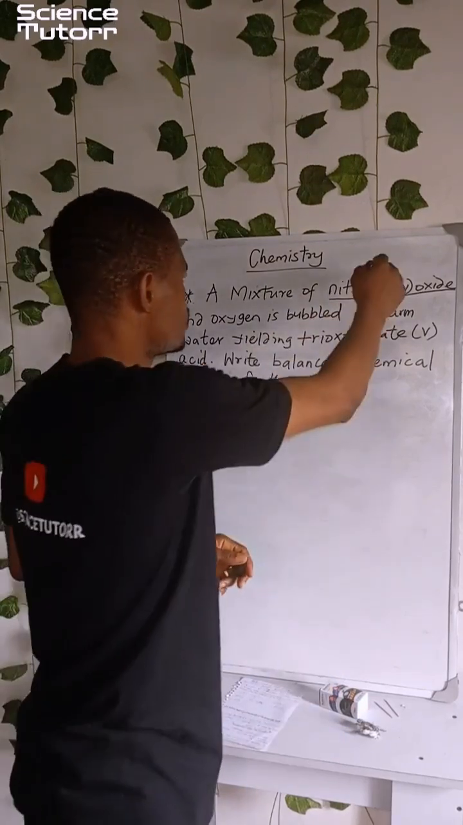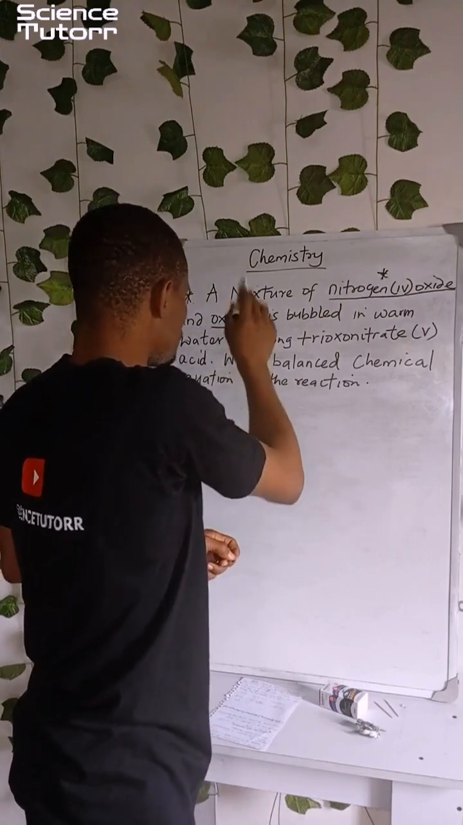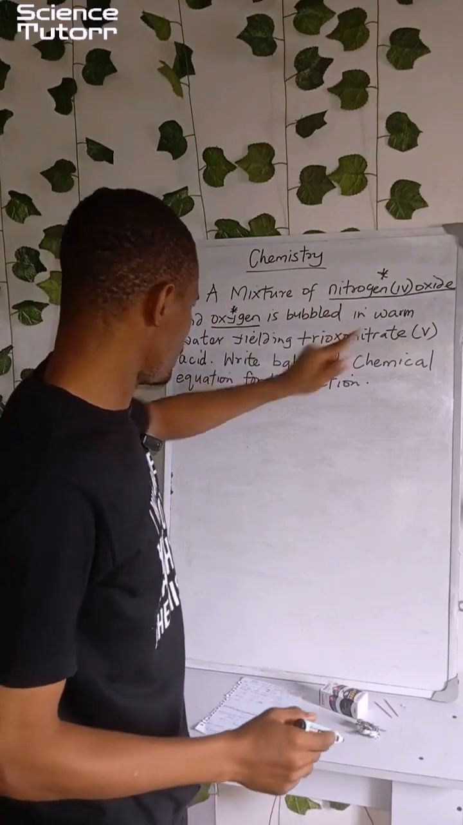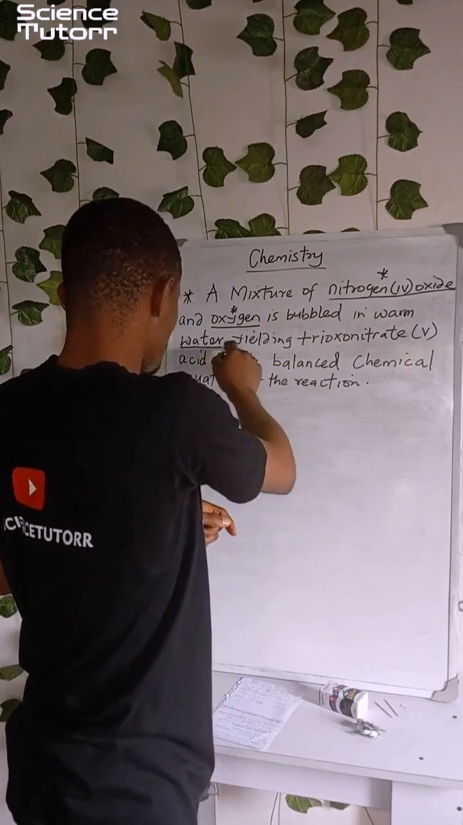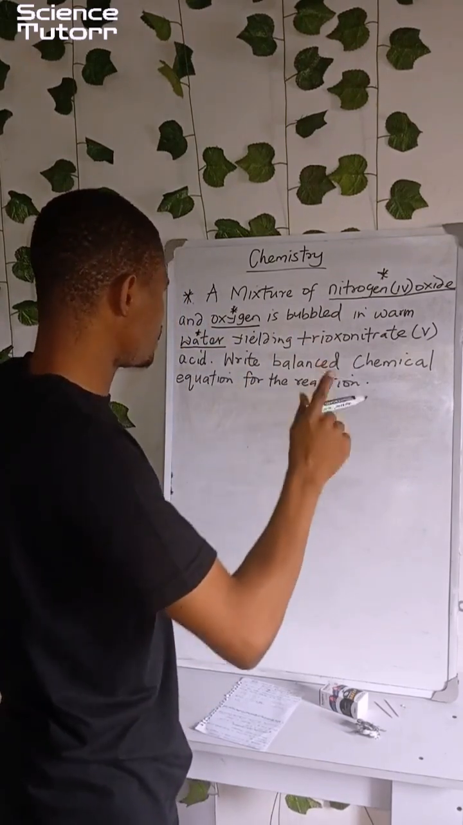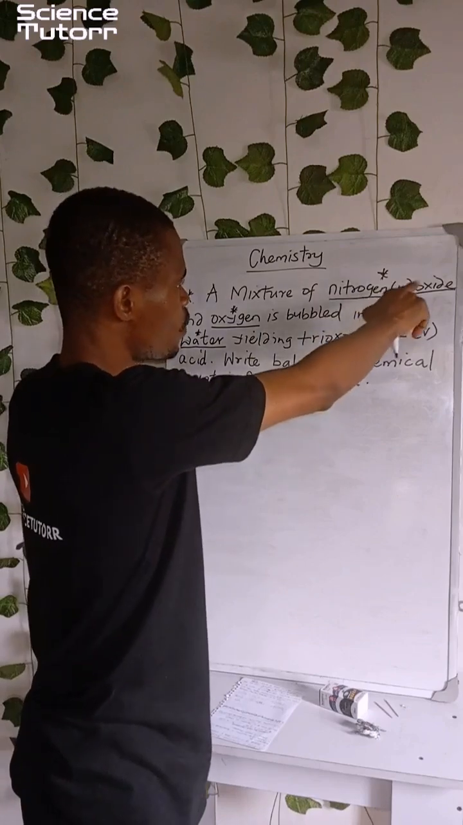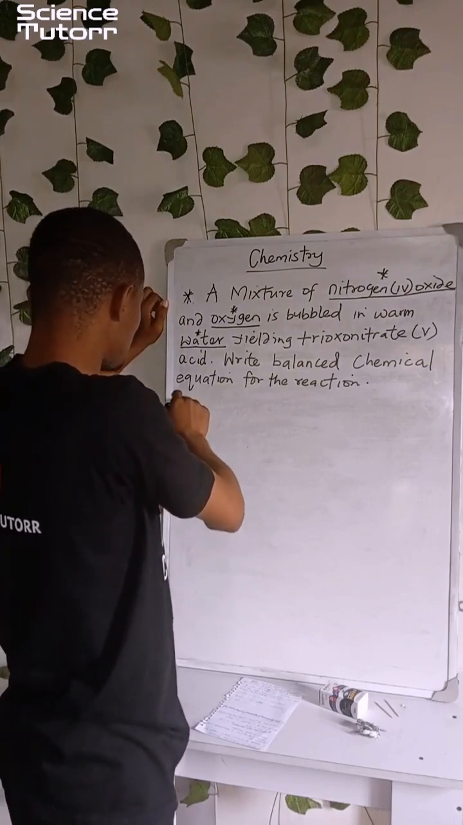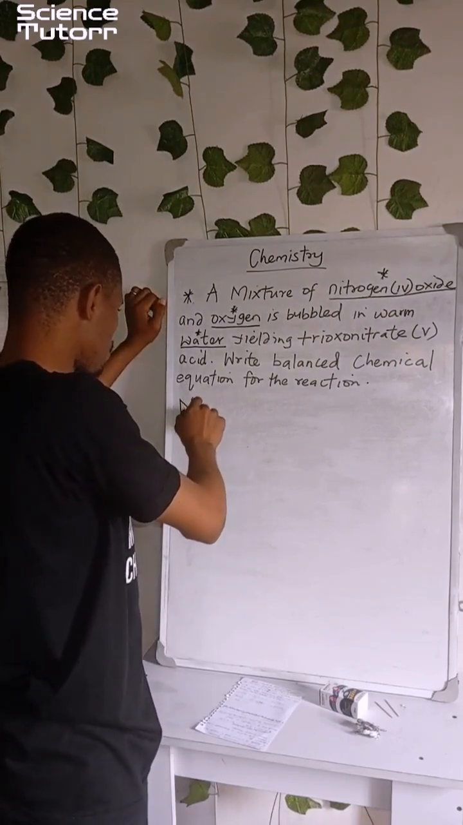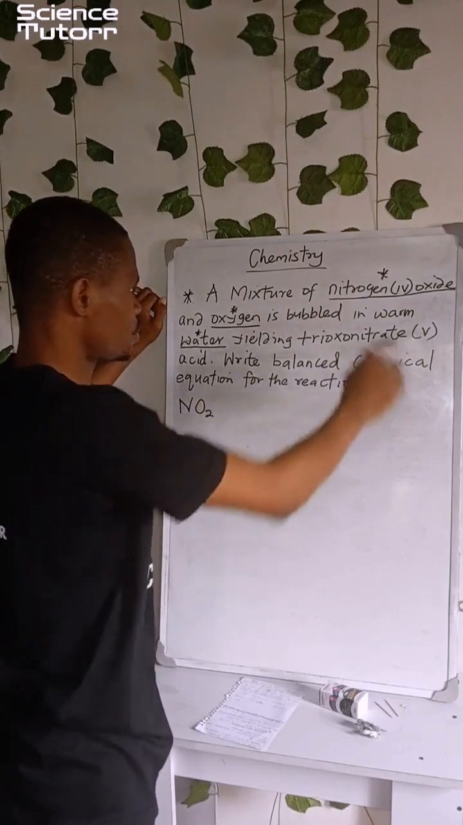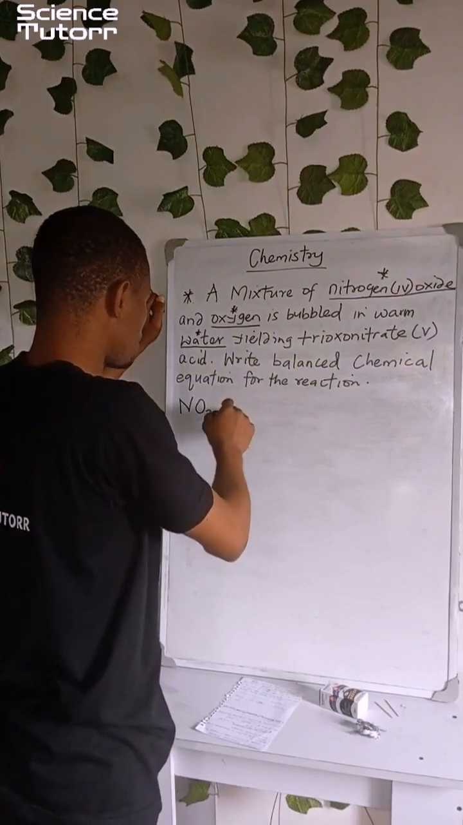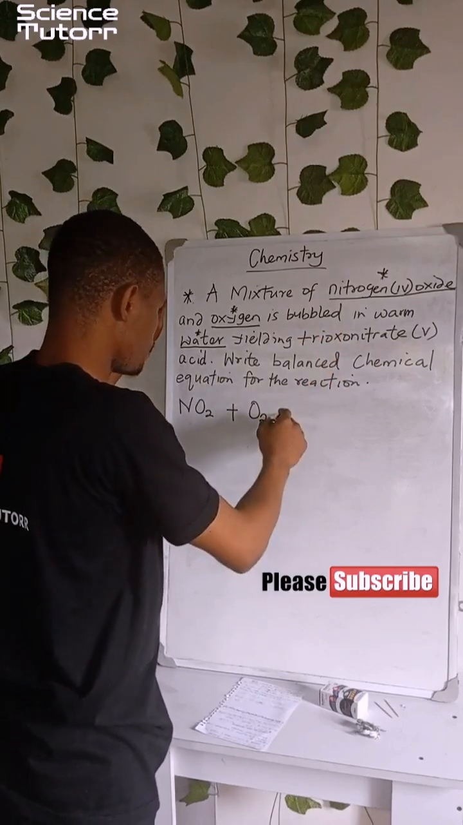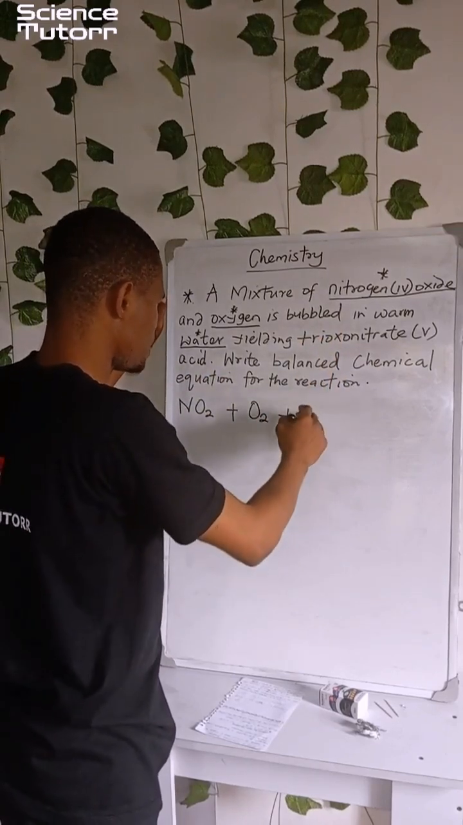Now this is one, oxygen is another one. In this case we are referring to oxygen as a molecule. We are told it is bubbled in warm water, so water comes into play. So that means the reactants will be nitrogen 4 oxide, which is nitrogen dioxide, NO2, plus oxygen as a gas, oxygen molecule. Remember, water is also added, so we have